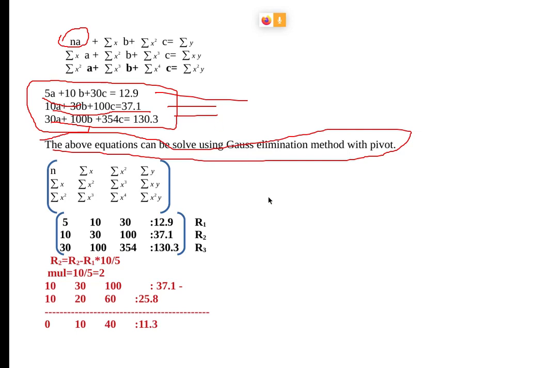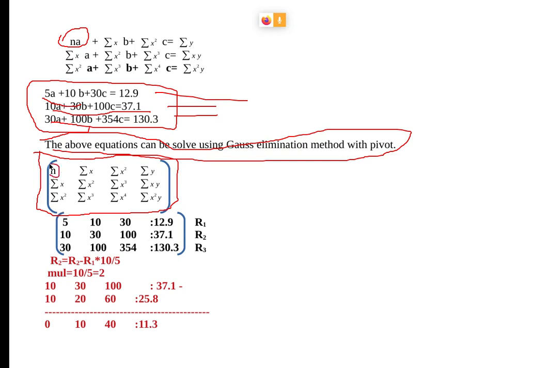I've already discussed the Gauss elimination method with pivot, the problem as well as the program, in my previous videos. So please go through my previous videos for a detailed explanation of the Gauss elimination method. Here we form a matrix. In the Gauss elimination method, we have to form a matrix and solve it using upper triangular form. First convert the matrix into an upper triangular matrix, then solve it using back substitution. So first I need to form the matrix. Here the matrix is formed like this.